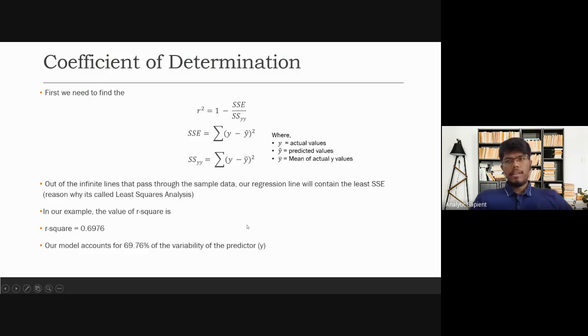And there are other variables, right? Like kilometers run, what is the model year, all those account for the remaining 30%. That means 30% of the variability of y is coming from other variables which are not used here. As I told, model year, petrol, electric, there are numerous variables. So you may not capture 100%, but at least 90% is good. If you capture 80 to 90%, then it's a good model.